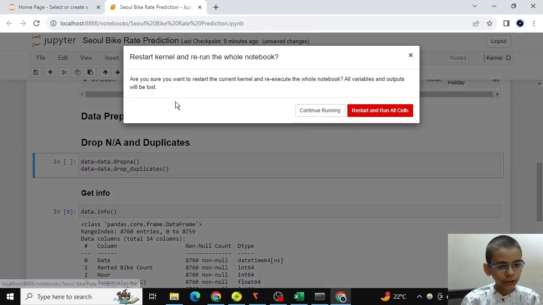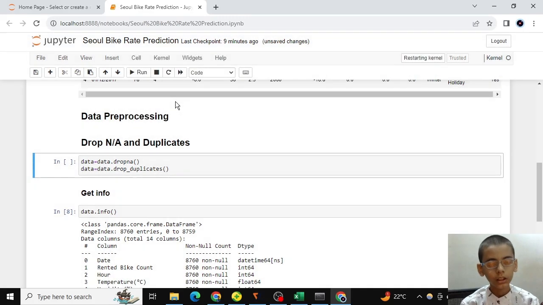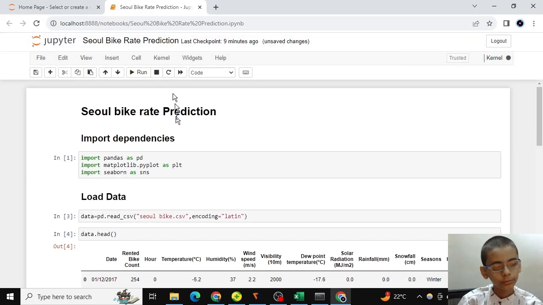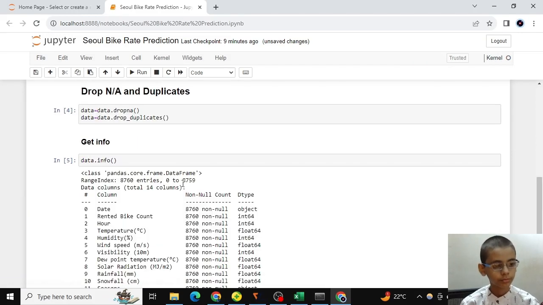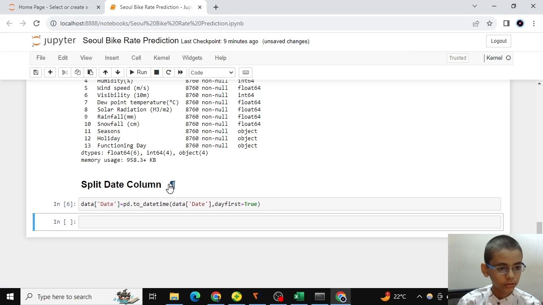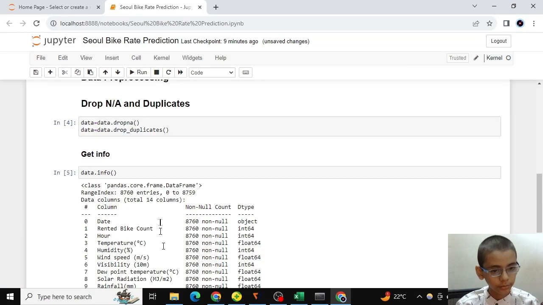So let's restart and run all. It will rerun all the things which we have written. It's creating. It is done. The action is taken.